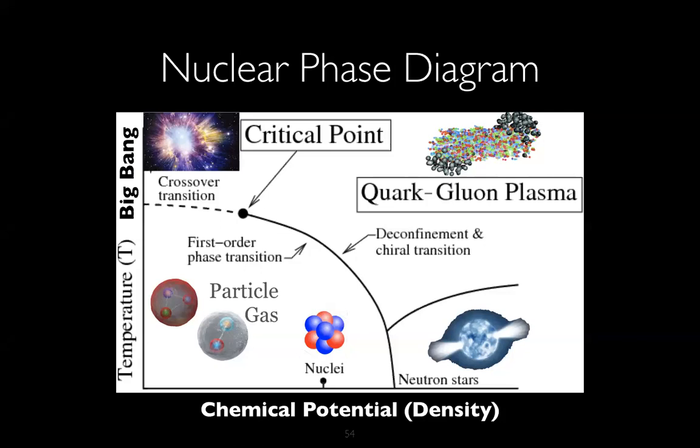We know it in the low density case, because that's what can be solved with lattice models. We know that that would be a smooth transition, but we expect it to be more abrupt at higher density. So that's something that's being looked for in the current experiments, and that's also what I'm trying to reproduce in my model: where that critical point is, at what temperature and what density it would go from that smooth transition to a really sharp, distinct transition between ordinary nuclear matter and the quark gluon plasma.